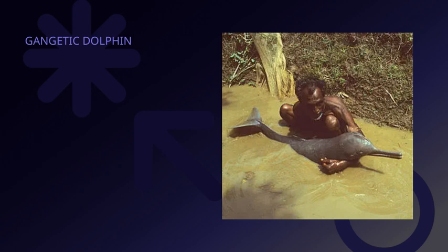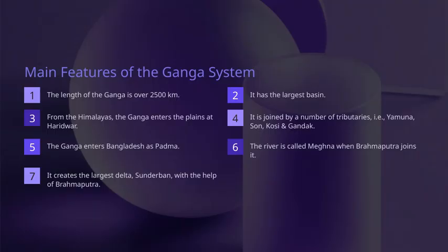interactions within their ecosystems. The Ganga River is truly one of the most significant water bodies in India, stretching over 2,500 kilometers. It begins its journey high up in the Himalayas, where it originates, and then flows down into the plains at a place called Haridwar. This transition from mountain to plain is quite remarkable because it marks the start of its vast journey through northern